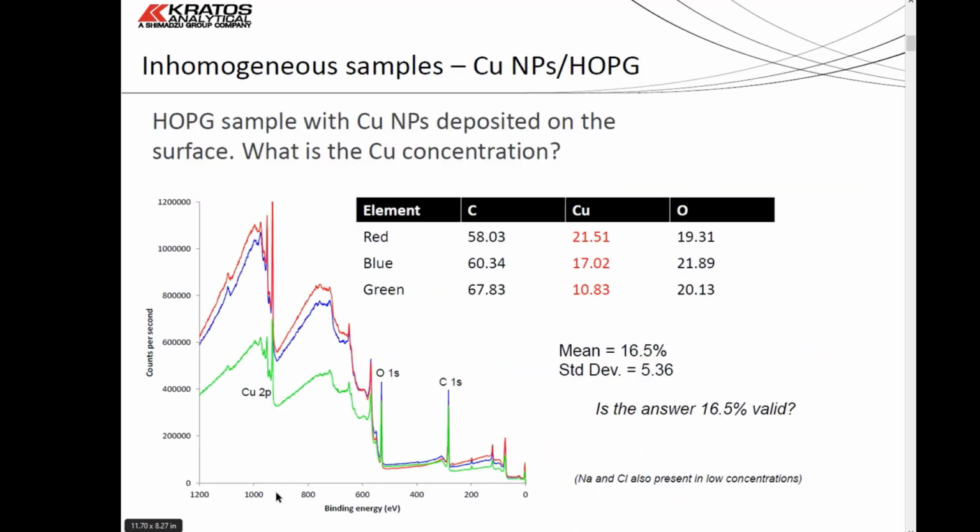Here's an example we had not that long ago, which was a sample of HOPG where copper nanoparticles have been deposited on it. The question is, what is the copper concentration? How much copper have I got deposited on my surface? If you go in 3 different places, you get 3 different survey spectra and different quantifications. Some places have sodium and chlorine present as well. There's a big difference in the concentration of copper. One area you got 21%, other areas you got 10%. So when somebody says, how much copper have I got? It's a difficult answer to give. And if you say the mean is 16.5%, that's not really representative of